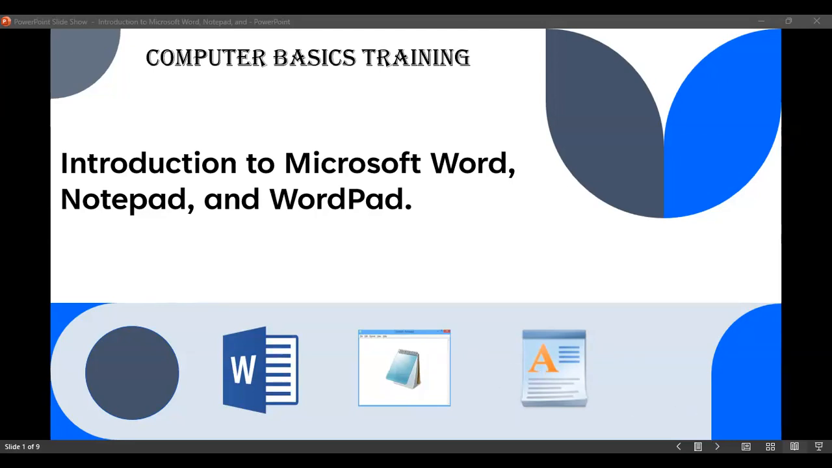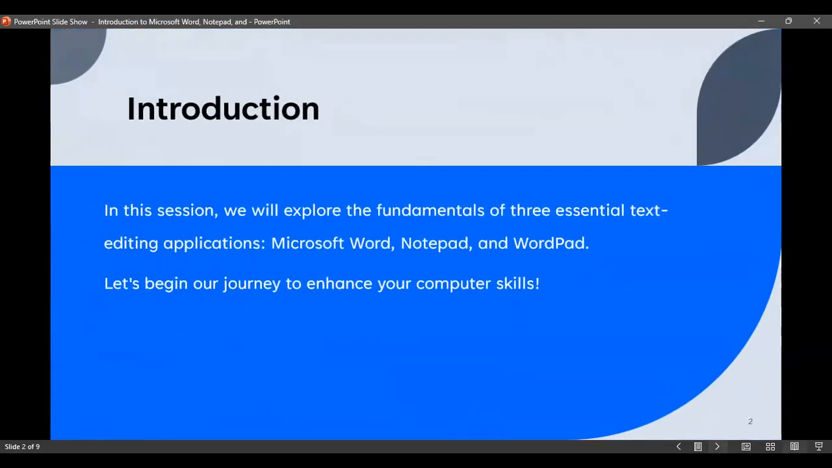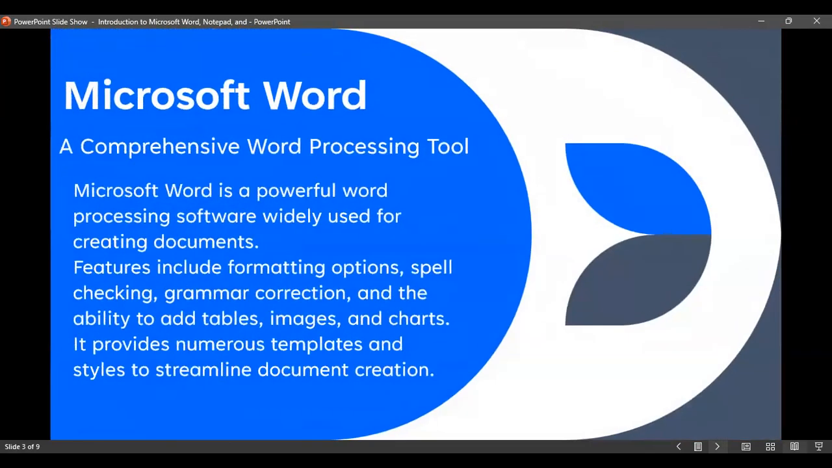So let me go further. In this session, we will explore the fundamentals of three essential text editing applications: Microsoft Word, Notepad, and Wordpad. Let us begin our journey to enhance your computer skills. So number one,